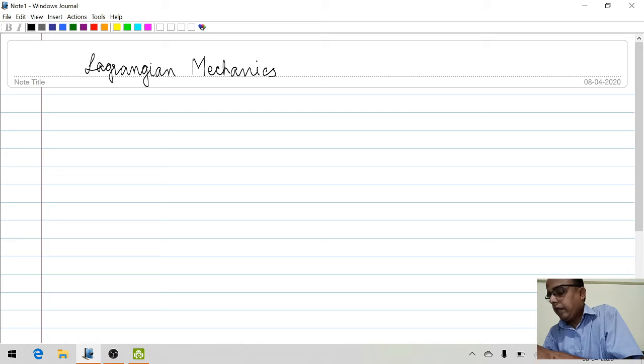So let us start with Lagrangian mechanics, and we started this with constraint, and then we went for degrees of freedom, and then we calculated how many generalized coordinates are required for the system. That part I am not revising right now because it's a simple one. I will start with the D'Alembert principle and I will try to derive the Lagrangian equation of motion. So D'Alembert principle is given by